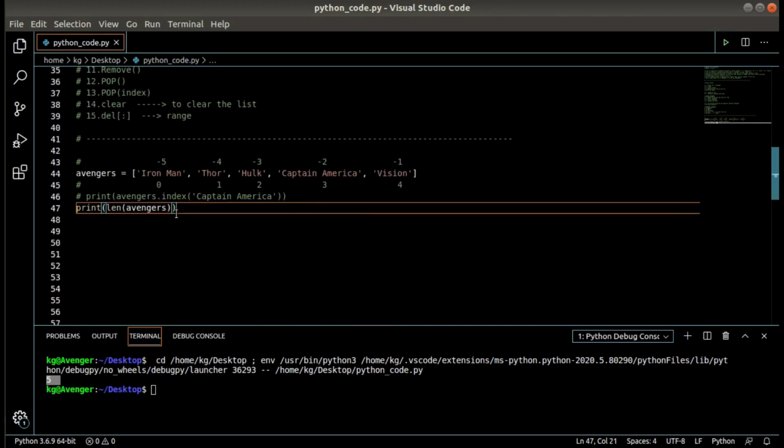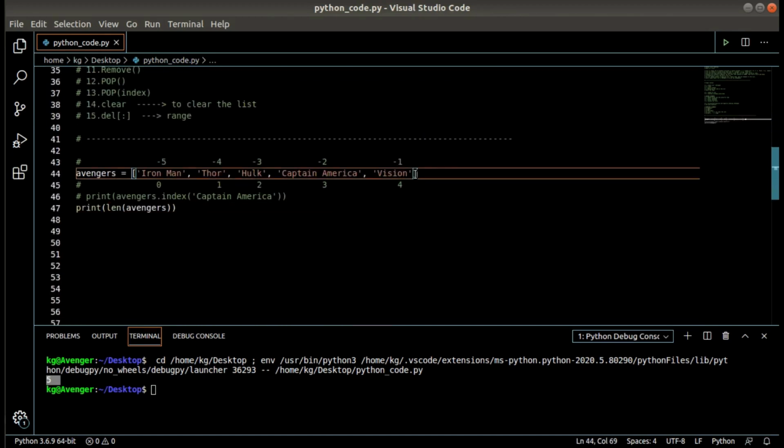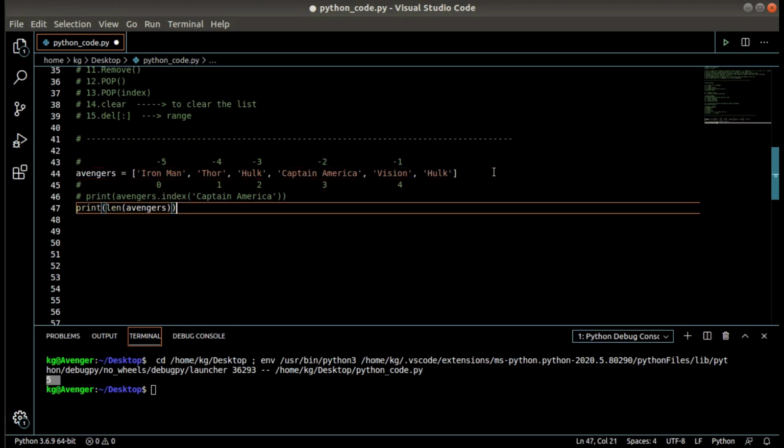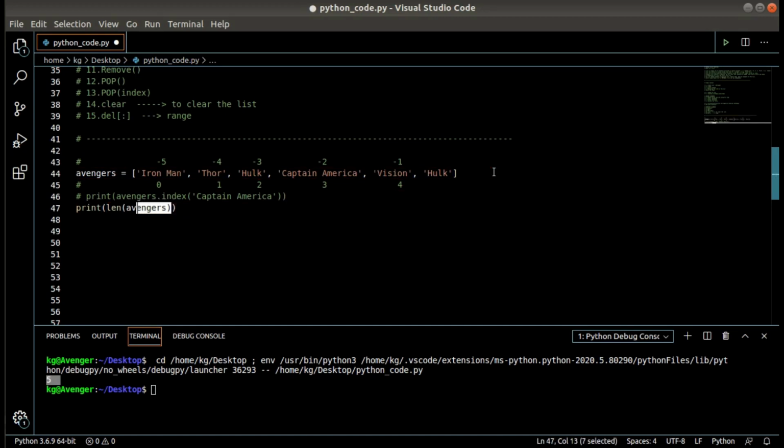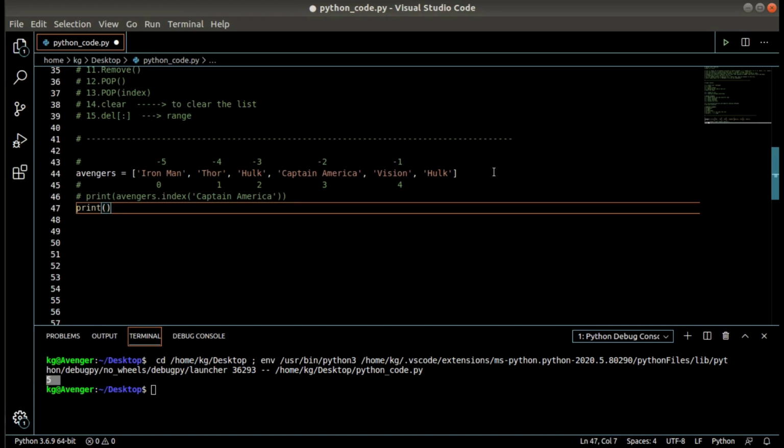Okay. Counting the item. Suppose there is one more item in our list. We can say Loki has changed his form and he has turned into Hulk. Now we want to calculate how many times a particular item has occurred in the list.